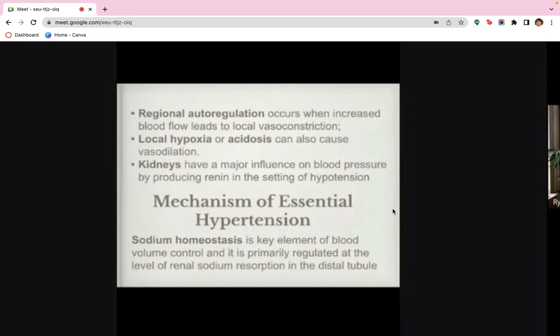Okay? And then we have your regional autoregulation, which usually occurs when increased blood flow leads to a local vasoconstriction. So kapag meron tayong local vasoconstriction, meaning the constriction of your small blood vessel, syempre kapag lumiit yung daluyan ng dugo, napipilitang mag-pump ng todo-todo yung ating heart in order to supply the circulation. Okay? So kapag lumiliit yung ating mga blood